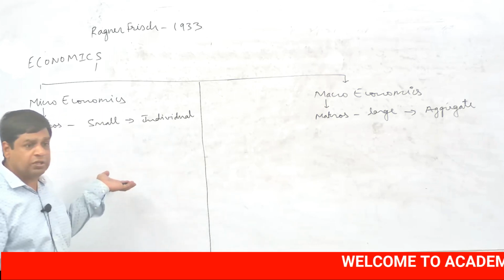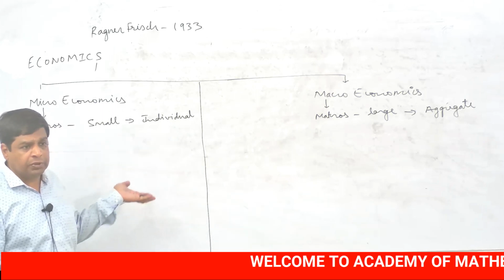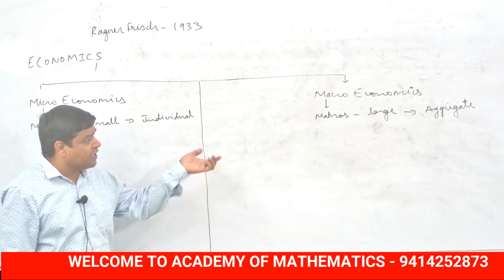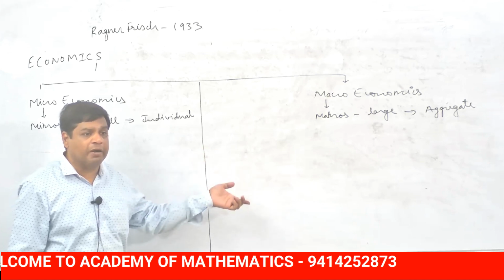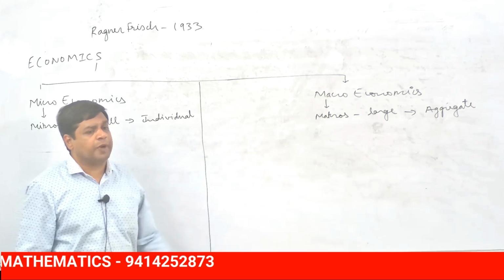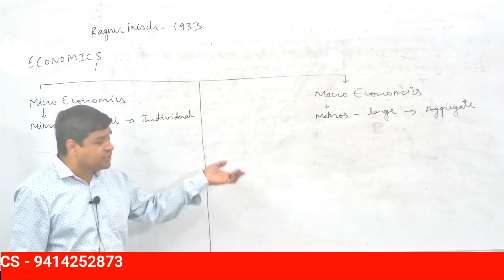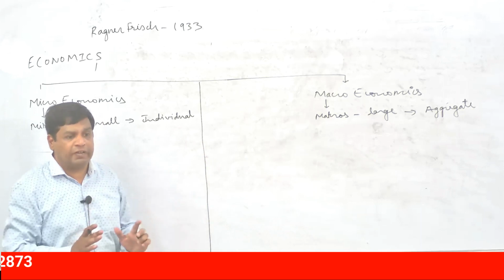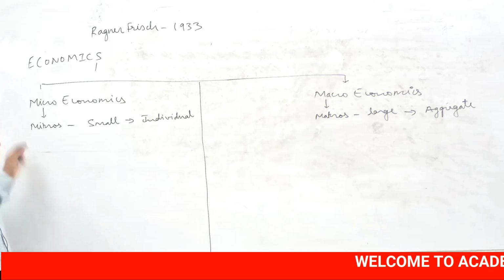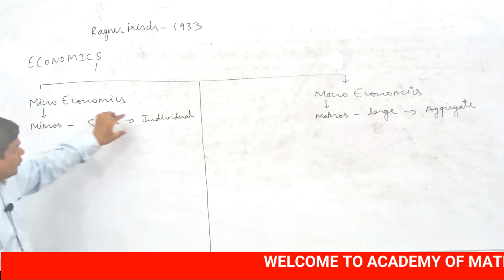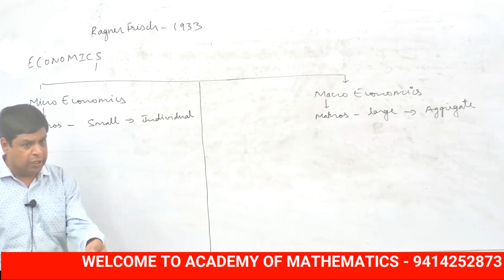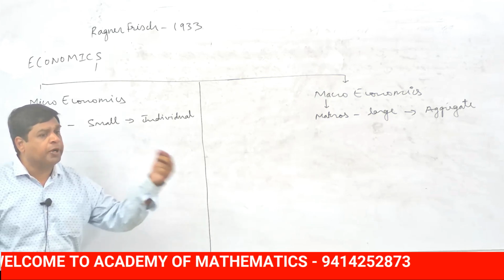See, individual here can be a firm, a household and an industry, students, while in macro we are saying that aggregate can be aggregate demand, aggregate supply, national income, national output, general price level, students. These are all aggregate terms we have to discuss at the country level, at the economy level. But the term micro is derived from the Greek word micros, which means small, therefore it deals with the individual. Individual can be a particular household, a particular firm, a particular industry.